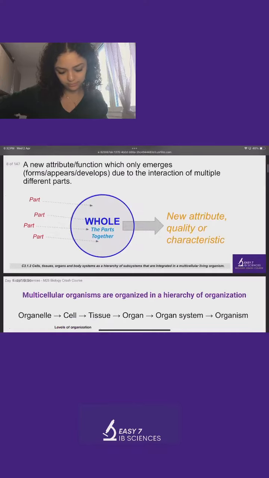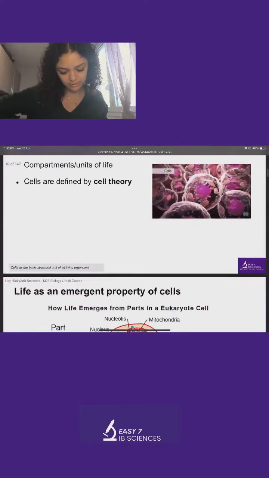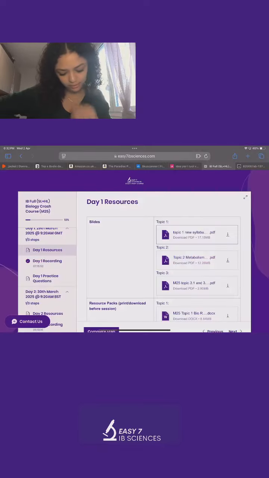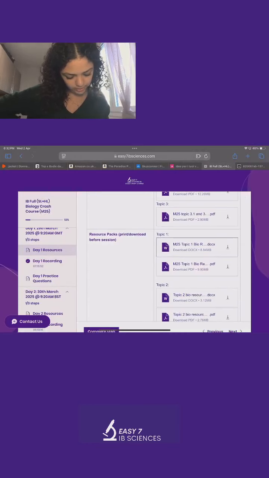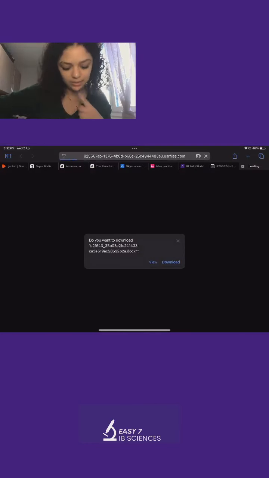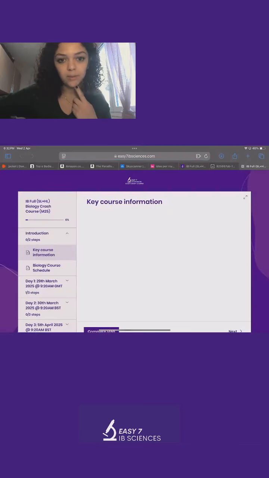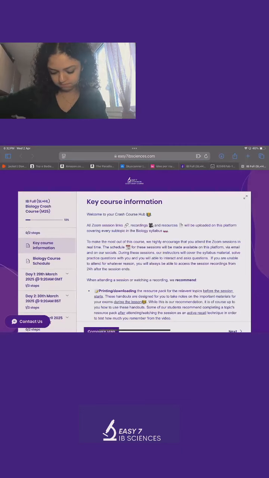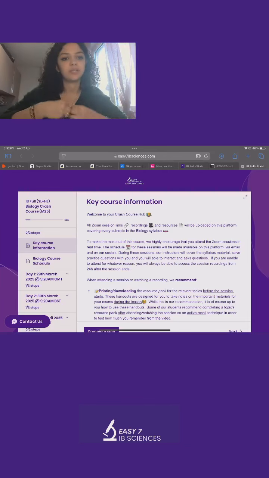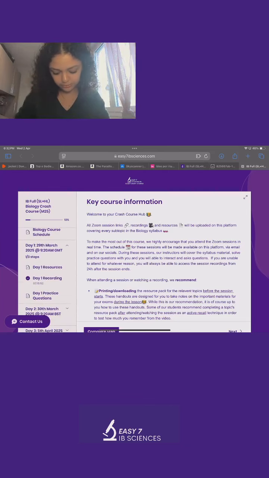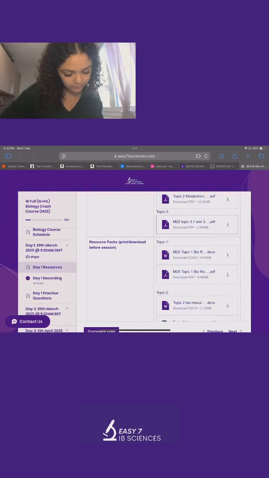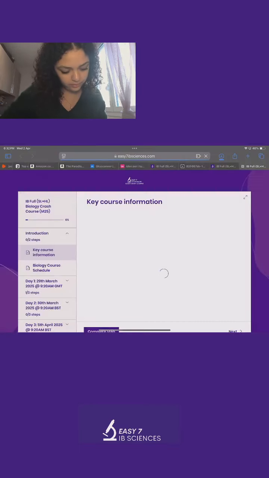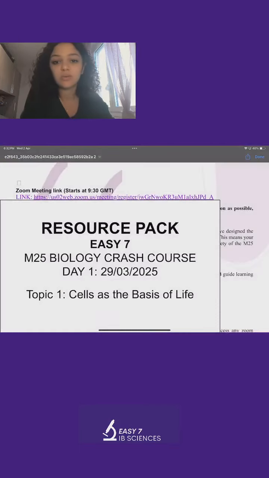And so then you can see a little bit about the notes. But these are just the notes, you don't get the video. The video, you go in the recording. You get something called a resource pack. A resource pack is really nice because you can annotate it while the teacher's talking. What's annoying is when you're in class sometimes, you're taking in a lot of information. And in the crash course, you're taking and reviewing a lot of information. So a way we help students remember this information is by having a resource pack. So rather than having to retake your own notes and focus on,